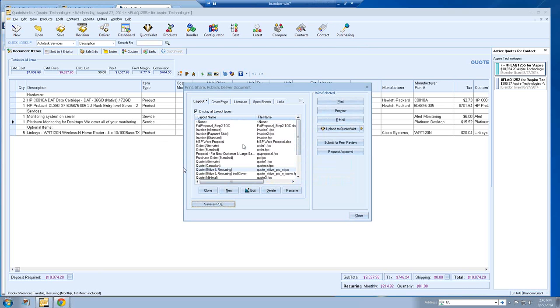But yes, that is an option if you wanted to set your items as not taxable by default instead of taxable. So let's go ahead and upload our document to QuoteValet first. We'll click Upload. Typically you would preview it before delivering it to the customer, but we're going to go ahead and